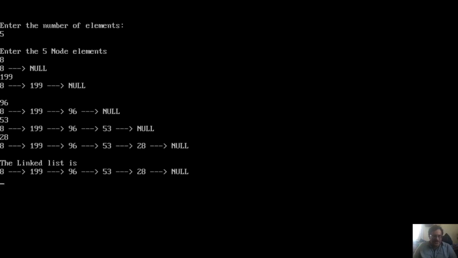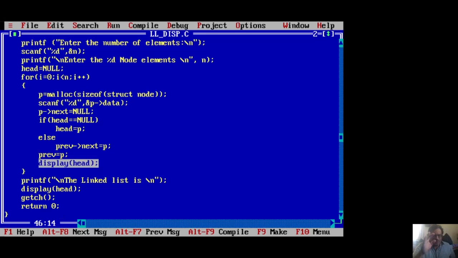Next, 28 is inserted at the end. And finally, you display the linked list. This is the program to create a linked list with n number of nodes, where each node is inserted at the end, and of course you are displaying it at the end.